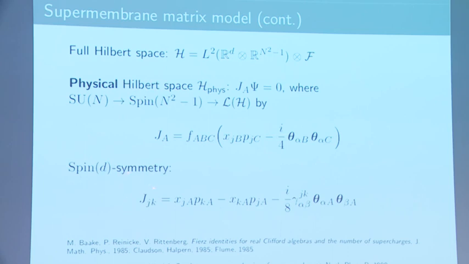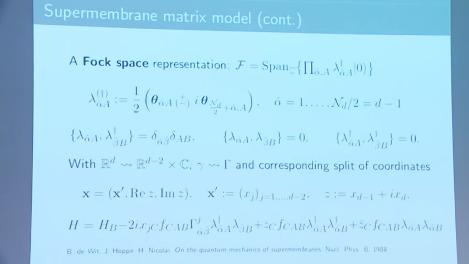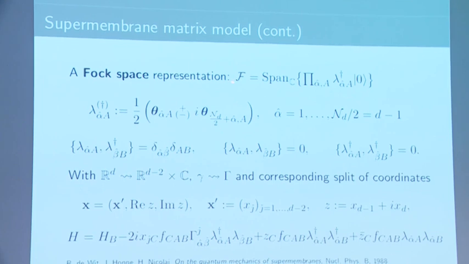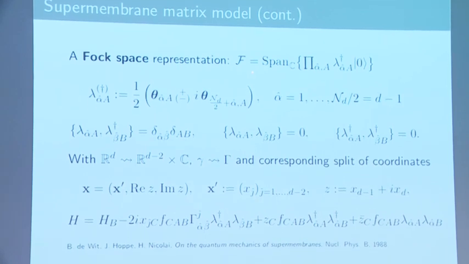But then you still have also a symmetry, sort of a rotation or spin D symmetry, which is essentially rotation among the coordinates, and then also rotation on these Clifford algebras or on the fermionic Fock space. So what we'd like to emphasize here is also how we can construct these Fock space representations. Essentially, one way, which was used by De Witt, Hoppe, and Nicolai, is to